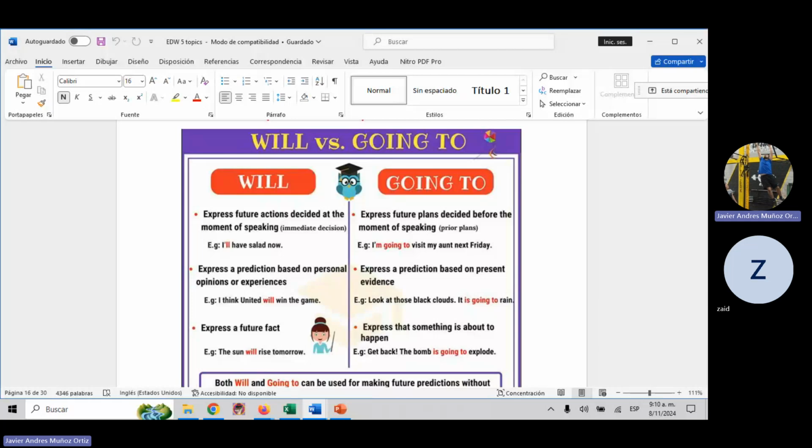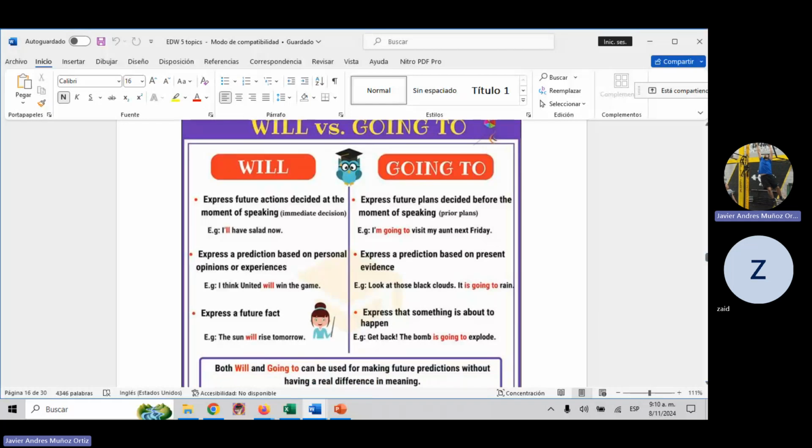Going to is also used to talk about decisions, but these decisions have been already planned, have been decided in advance. You already have a background, right? You have had some time to think what to do. So you're expressing a decision in the future, right? But this decision has been planned with anticipation. This is the difference. Second difference, or second situation, or second parallel, even better.